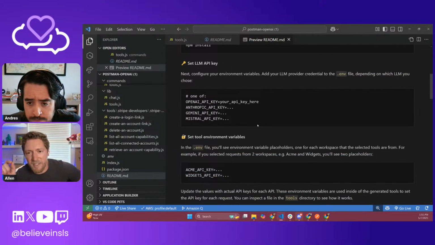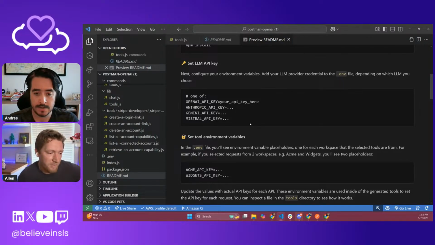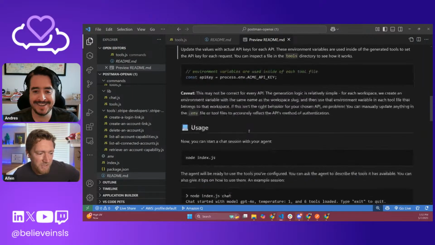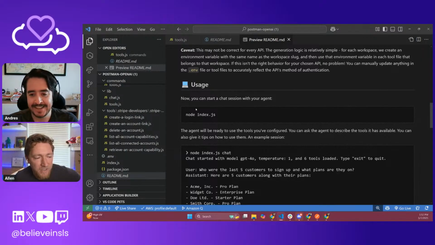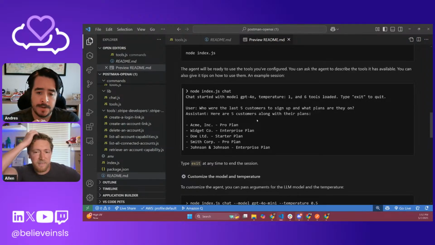We went with the agent route instead of the MCP server route, which I don't know, may have been a mistake for this live stream. So I don't really know what we're doing. And it's talking about how to run it locally. So node chat, and then you give it a param. Yeah, it looks like you could probably type something in and communicate with that OpenAPI.